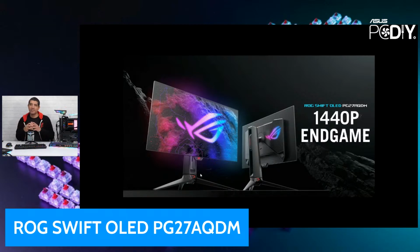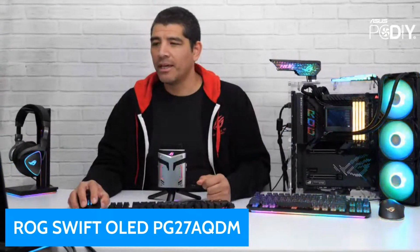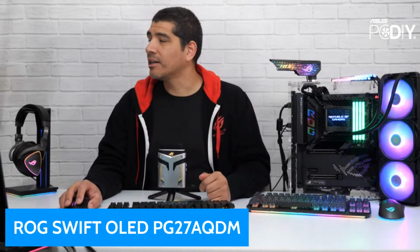So if you don't want to take up some of that extra space that you have with a traditional stand and you just want to leverage it directly on your desk, you can still take advantage of the ROG desk mount kit. So that's going to be an exciting update. And there'll be definitely some more details, like I said, as we get a little bit closer. This will also continue the tradition of all the Swift monitors, so it'll be individually calibrated to ensure great out-of-box color accuracy. And there'll, of course, be a lot more that we're going to be talking about as we get closer to